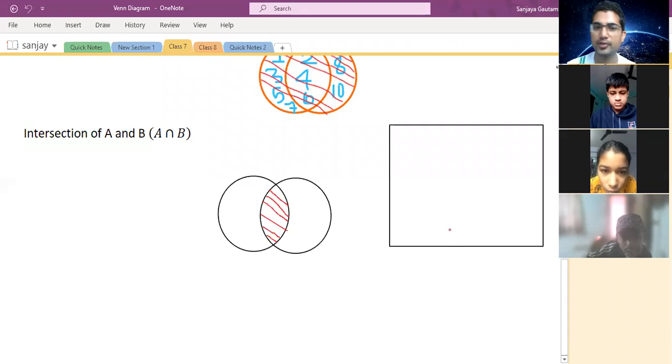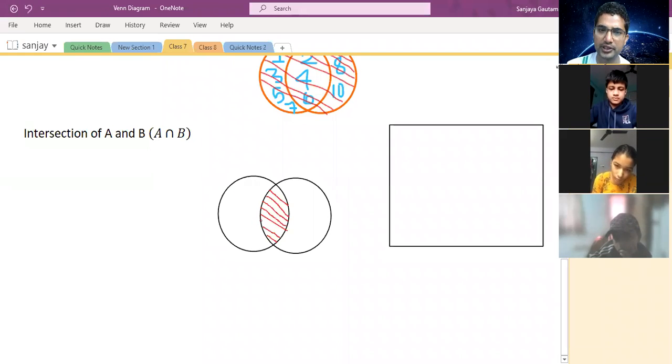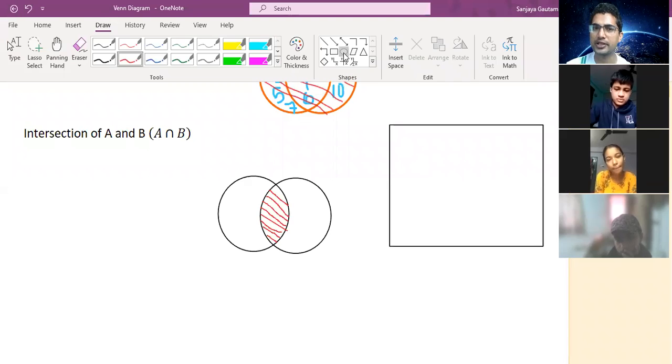What we are going to discuss is the intersection. It means if there is an intersection that we have to find, and we have to represent it in a diagram, we need to set the overlapping zone only. And then what will happen if there is no overlapping set intersection?